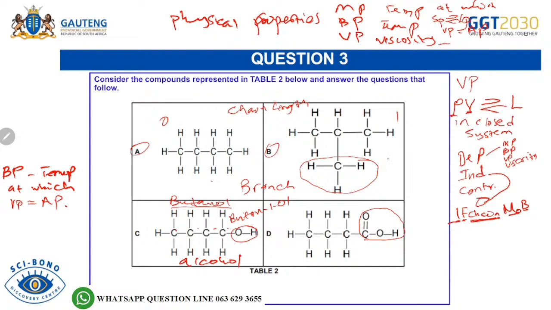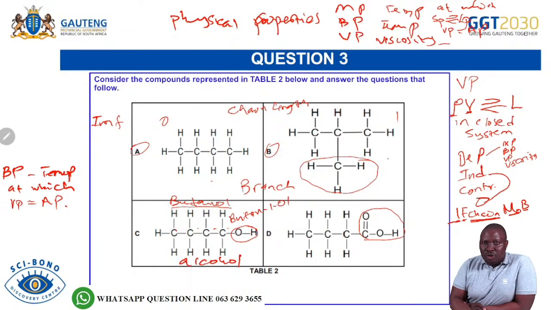So you are able to see that the structure having fewer branches will have the highest strength of intermolecular force. You must write intermolecular force in full, because if you write IMF, it will read International Monetary Fund. So please don't write IMF in the exam. Write intermolecular force in full. So we're saying the intermolecular force of A is stronger than the intermolecular force of B.